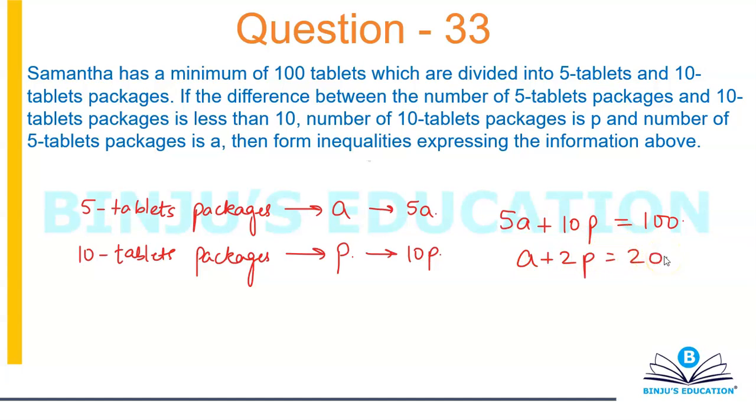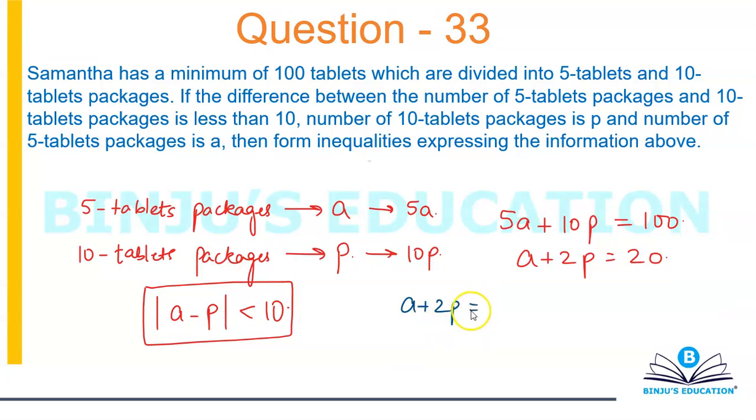The difference between the number of 5 tablet packages and 10 tablet packages is less than 10. So that means that mod of A minus P is less than 10. Now I have used this mod because I do not know which of them is greater. A is greater or P is greater, I do not know that. That is not given to me in the question. Okay, so your final answer would be